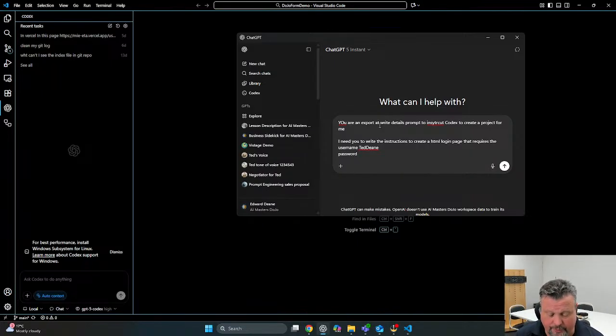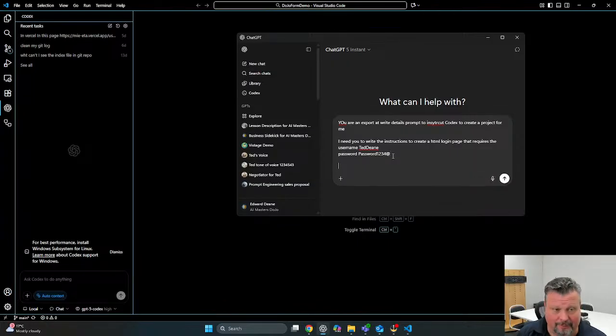The password is password 1234 at. Now, I don't recommend you use this password ever, but in this instance it's fine. If it doesn't match, there should be an error. If it does match,